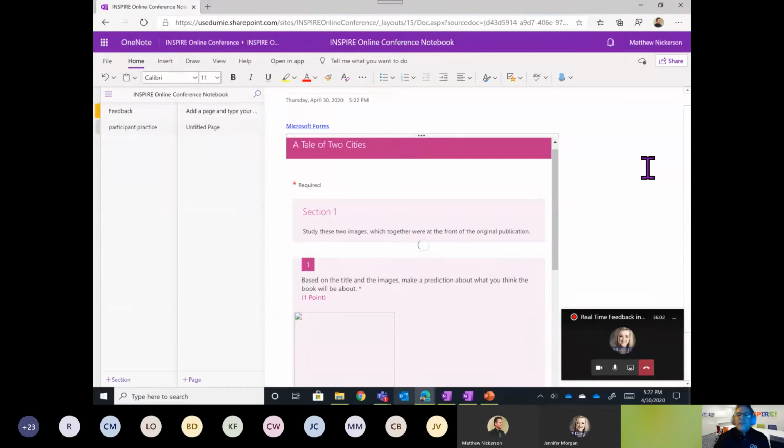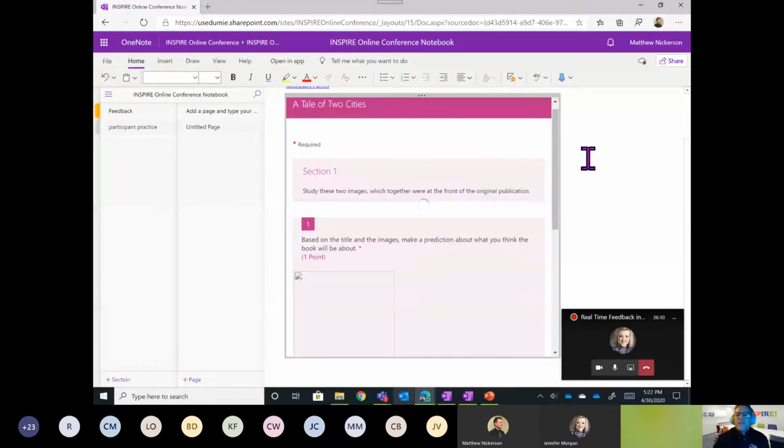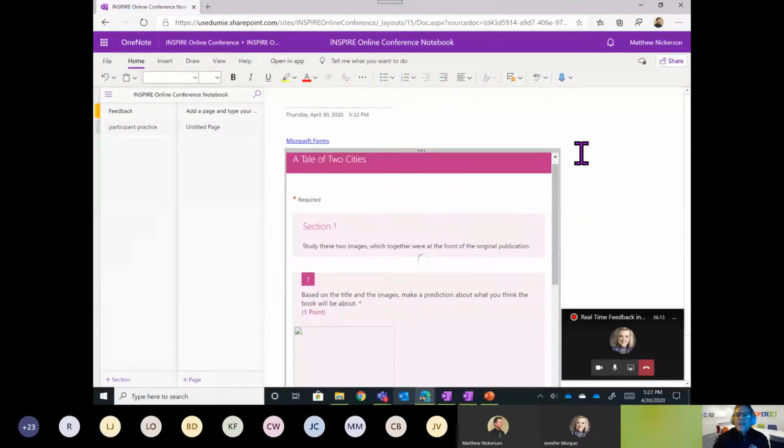And if they're not going to use that, then I can still take advantage as an instructor of the automatic grading, but I can also give feedback here. So everything that we do today in OneNote is going to be just in a regular OneNote notebook. But if you're actually going to use these with students, then it makes sense that you'd be using OneNote Class Notebook. One of the things that you can do with Class Notebook is once you embed your form here,